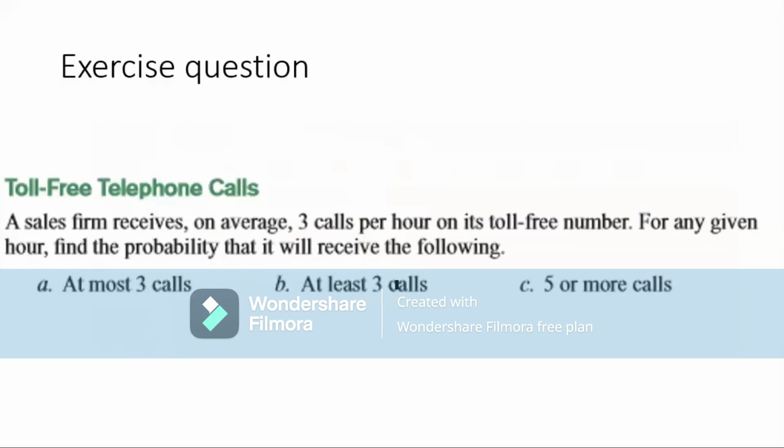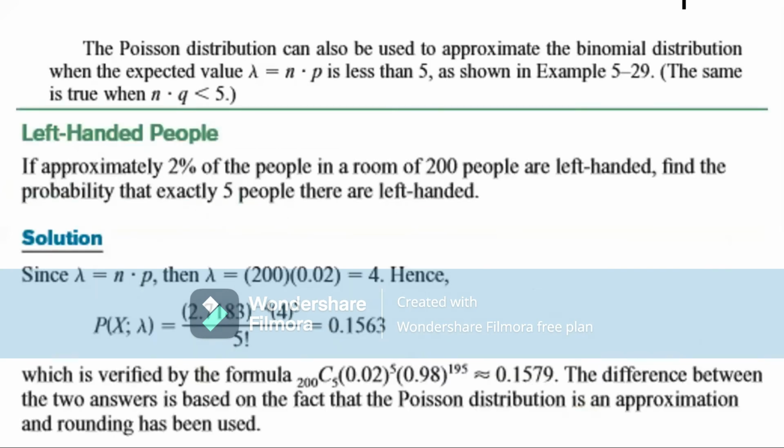So now you have this exercise question. अच्छा, पॉइजन डिस्ट्रीब्यूशन की एक और application ये है कि Poisson distribution can be used to approximate the binomial distribution. मतलब बाइनोमियल डिस्ट्रीब्यूशन की जगह आप पॉइजन डिस्ट्रीब्यूशन भी यूज कर सकते हैं। किस सूरत में? जब बाइनोमियल डिस्ट्रीब्यूशन का जो मीन है, आपको याद होगा बाइनोमियल डिस्ट्रीब्यूशन का मीन मैंने लास्ट लेक्चर में आपको बताया, वो कैसे कैलकुलेट होगा, n इंटू p।